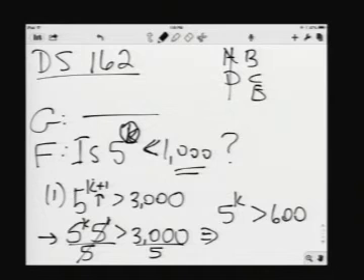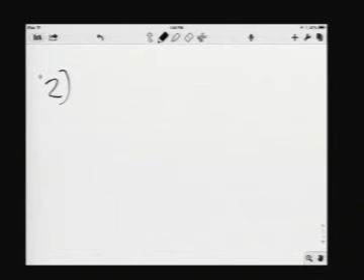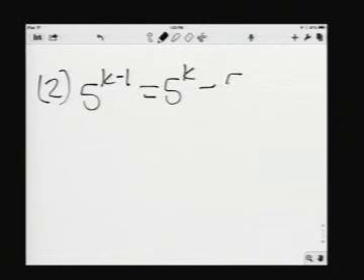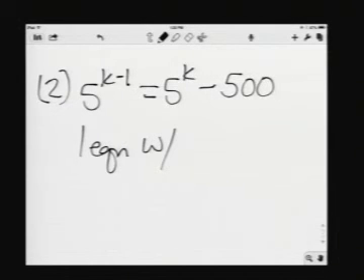So we're going to be on that right side of the options, looking at statement 2. So if we look at statement 2, which says 5 to the k minus 1 equals 5 to the k minus 500. Now it's very important that you know that when you have one equation with one variable,